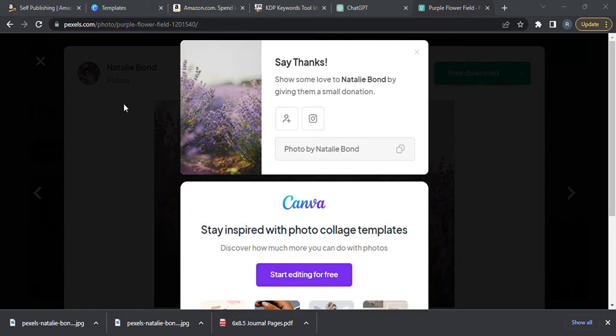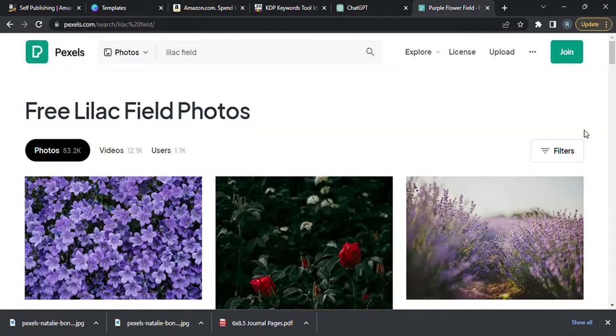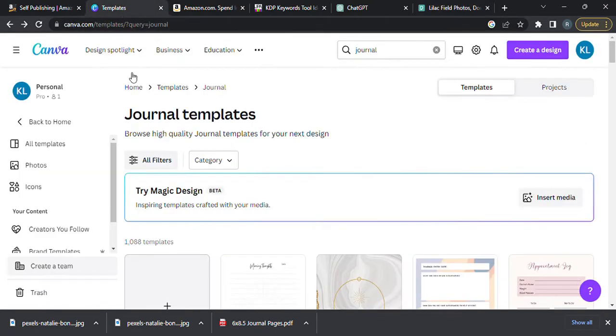So let's go back to the desktop. We'll go to journal pages, and we'll put in lilac cover. All right, so that lilac cover, fairly simple. Again, we don't want to make it too complicated or anything like that. Again, you can search really for anything that you want. It doesn't have to be what we've put on there, but we're going to go back to